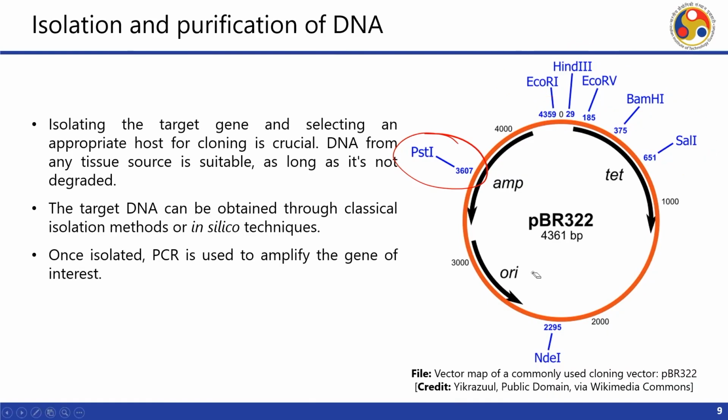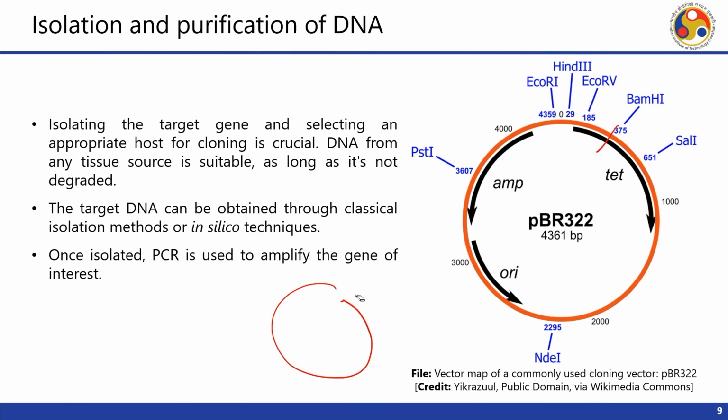You have EcoRV here, then you have EcoRI, BamHI, SalI, then HindIII and PstI. So, these are the sites along with the number. These particular sequences will be cutting the vector at these particular sites to open it up. So, we may use the BamHI single enzyme to open it up. If we use BamHI, the vector will open at this site at